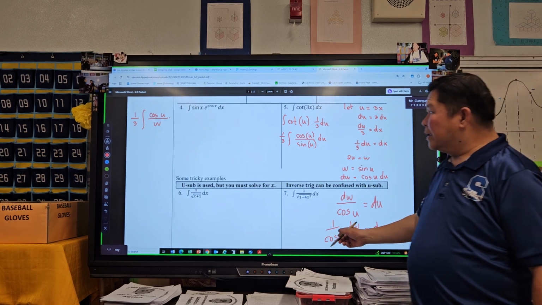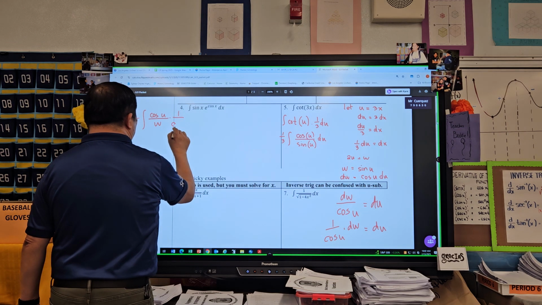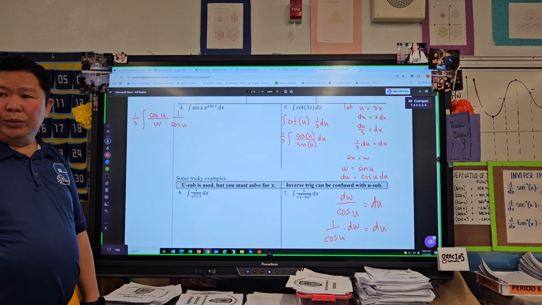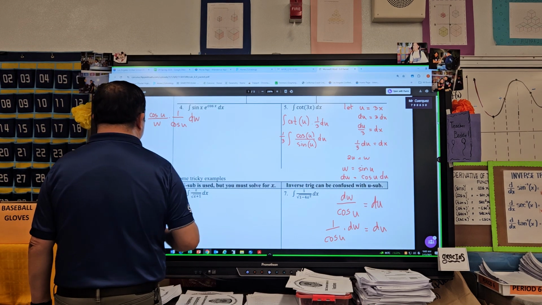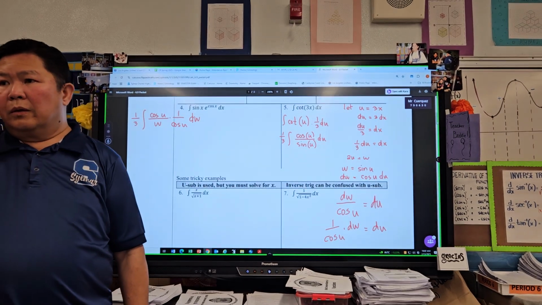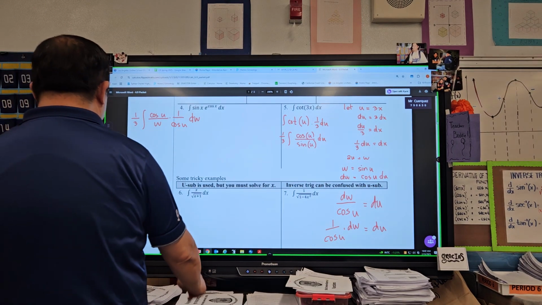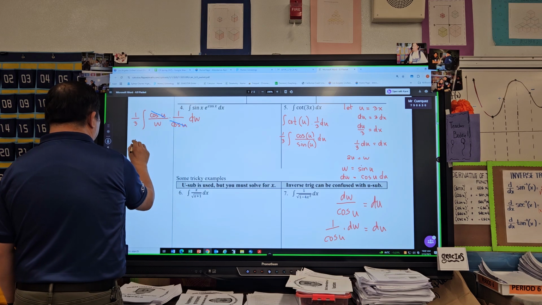Can I express this now into times 1 over cosine u and then dw, right? What you notice right here now, what cancels out? Cosine. The cosine cancels out. So what is left is now